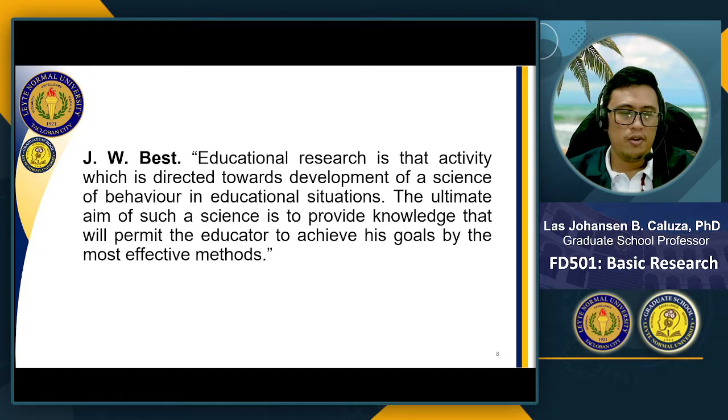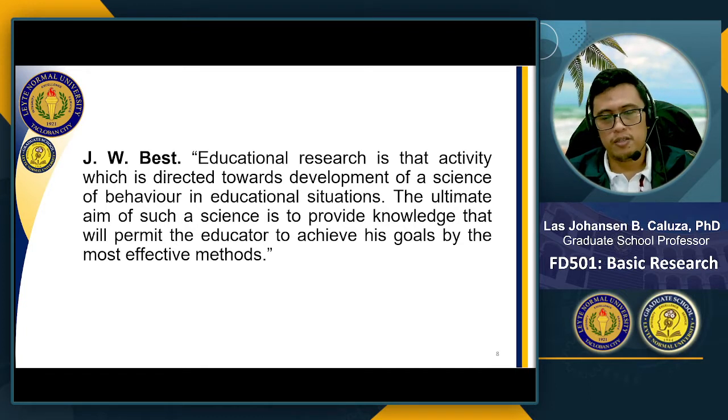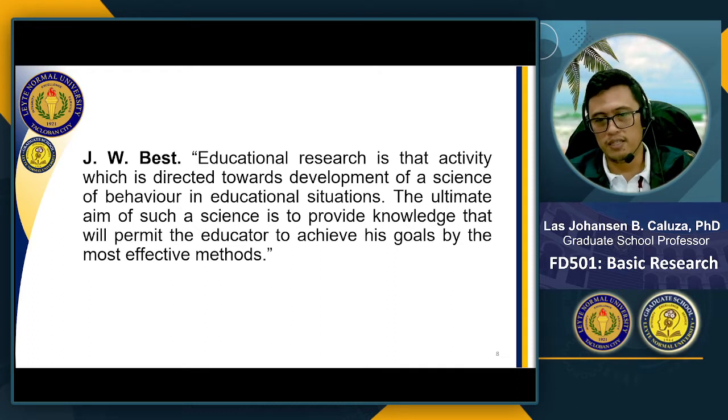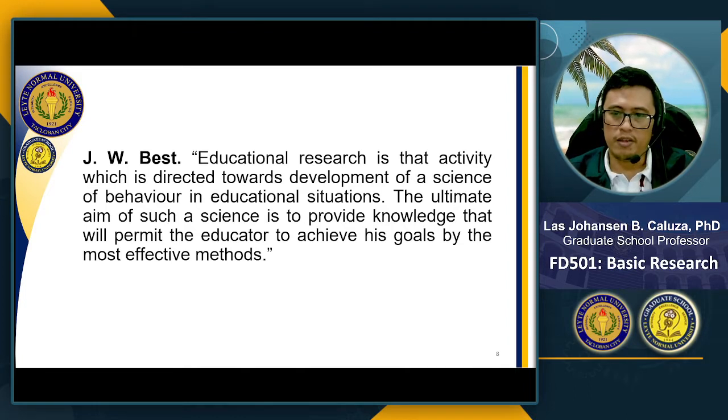methods. On the other hand, W.M. Travers defined educational research as that activity which is directed towards the development of science of behavior in educational situations. Many experts think of educational research as under, first, according to Mule, educational research is a systematic